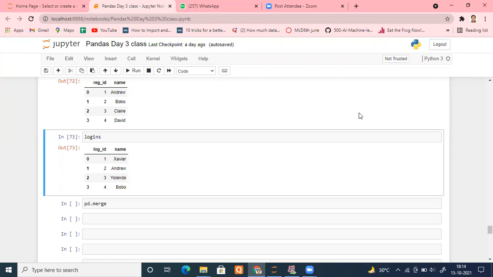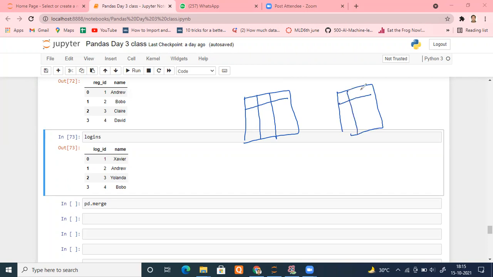Thanks. Okay, so what will they do? They will combine both data frames based on a key column. I'll tell you what the property of the key column should be. Suppose I have two tables. Let me annotate. This is table 1, and it has certain columns. And this is table 2, and it also has certain columns.